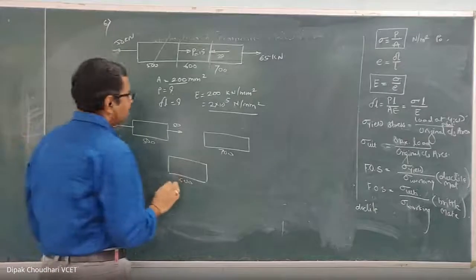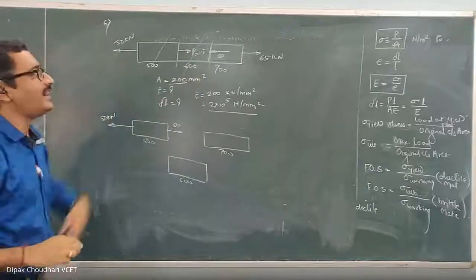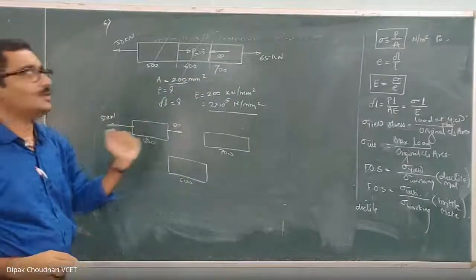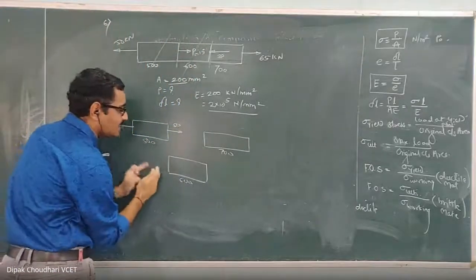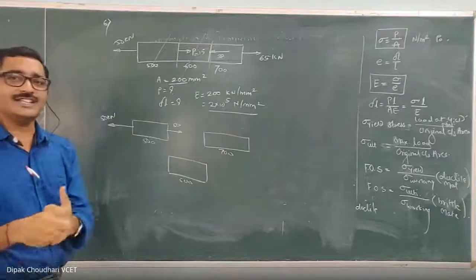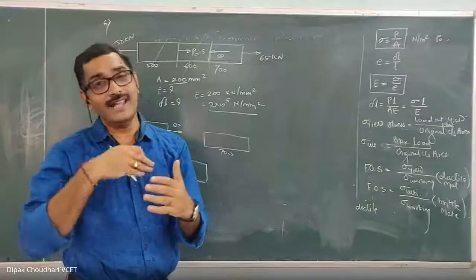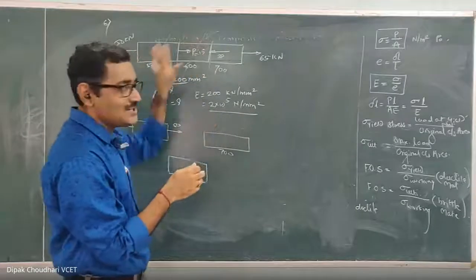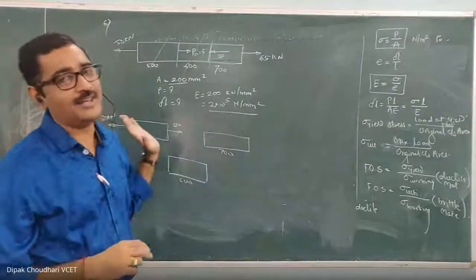Okay. Then to find out the axial force in the second part, consider an imaginary section through the second part and take the algebraic summation of all forces on any one side, either left or right. If I take the algebraic summation of the left hand side, now we are calculating the axial forces. So while taking the summation, you have to use the sign convention for axial forces, which is tensile positive, compressive negative. Don't use the sign convention for the condition of equilibrium to calculate the axial force.